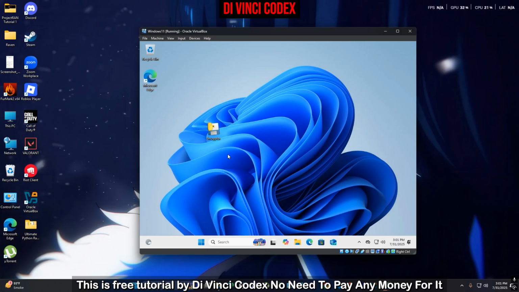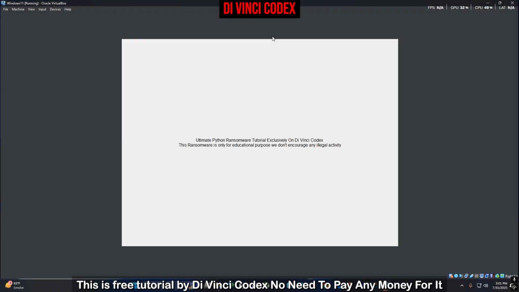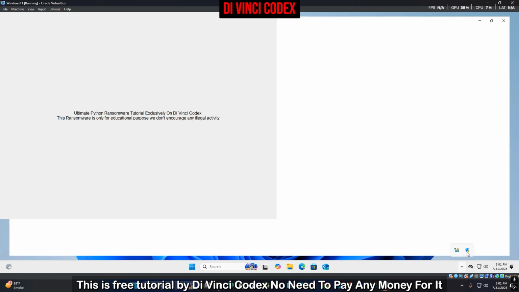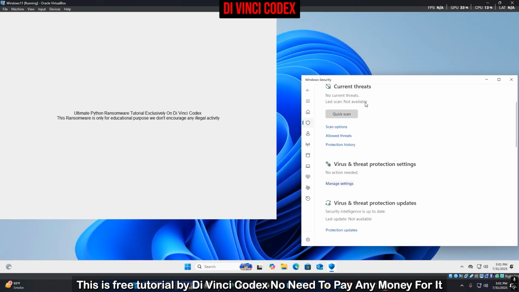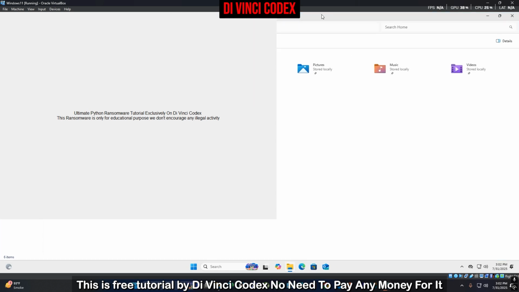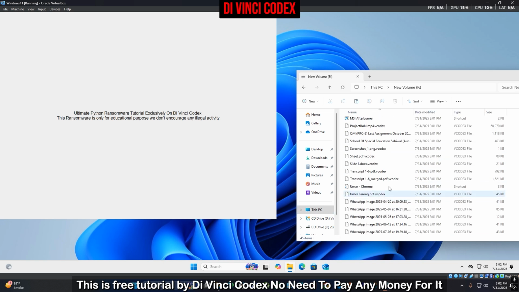I am starting my script in a small window because we have to see if our files and drives are encrypted. You can see here our Python ransomware is running well. Okay, now first of all, you can see Windows Defender is working well and it is not detecting our ransomware. Everything is on. Then I will go to This PC, go to F. Here you can see all files are encrypted,